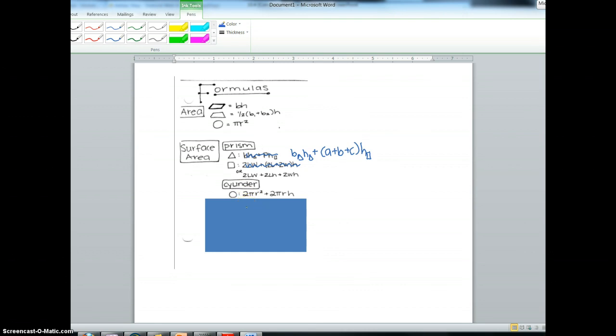Keep this card. You may use it on quizzes and tests and when you do your